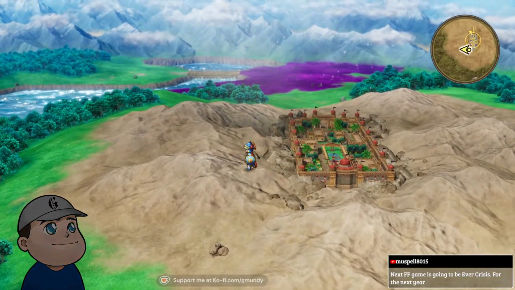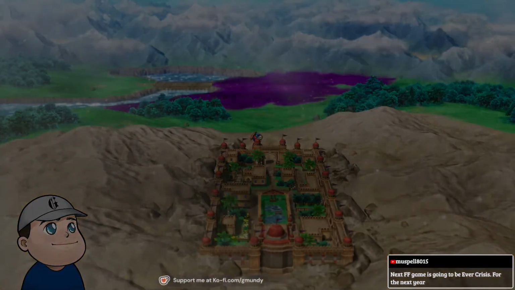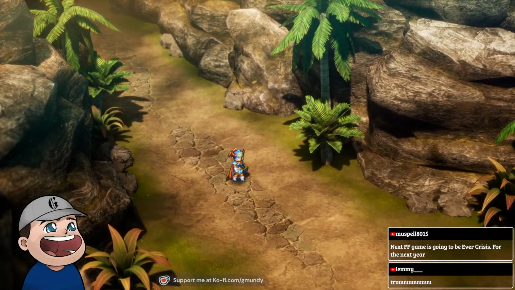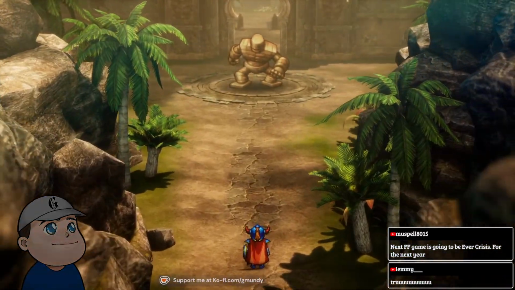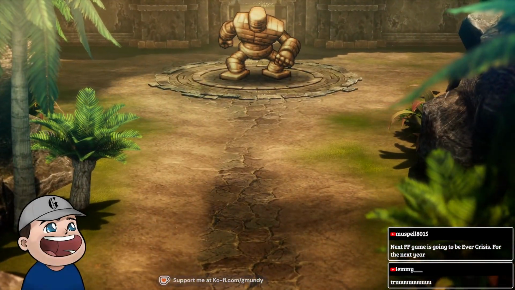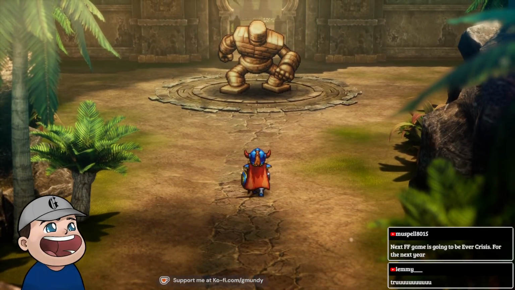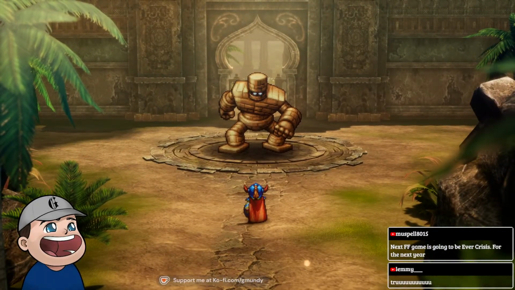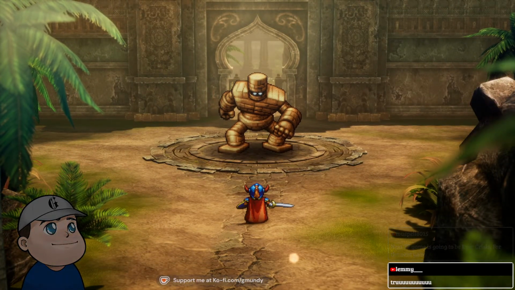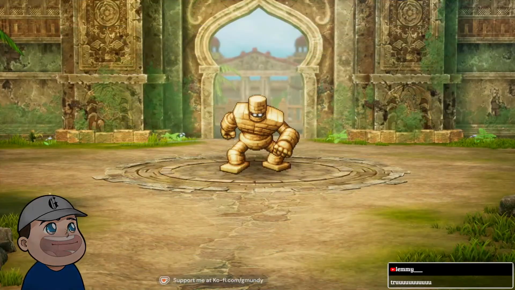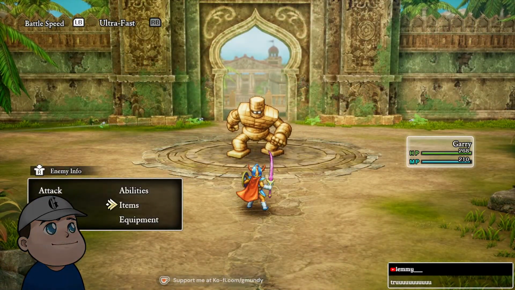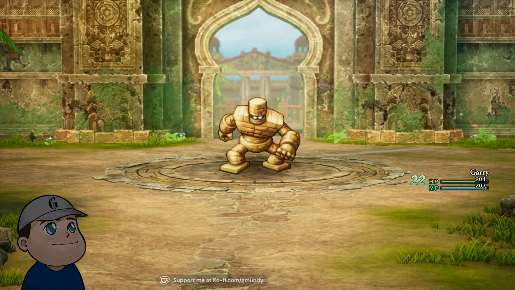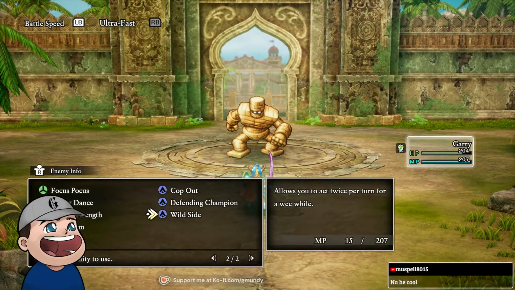Can you not go in? Oh, sorry. That was the back of the palace. My bad. Gonna be Ever Crisis, yeah. Oh, look, a golem! I'm sure that won't punch me in the nose. Hey, bud, you're not gonna punch me in the nose, right? Don't do it? Okay. Ow! Much better. I specifically asked you not to punch me in the nose.